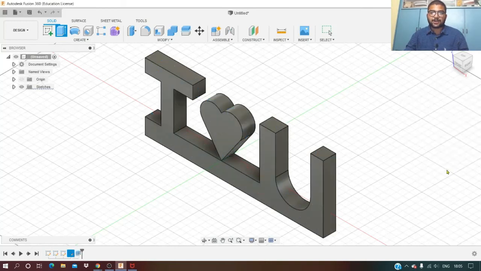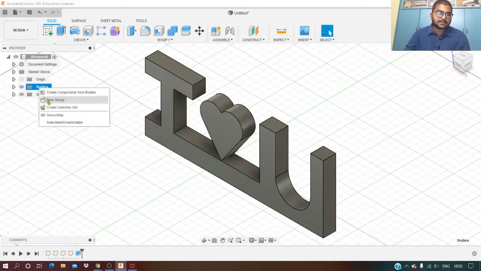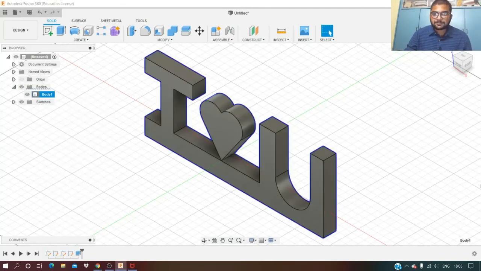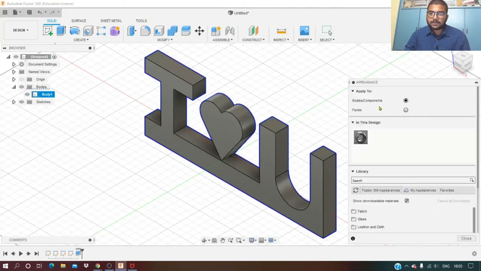But this is steel, this is the color of steel. So what I can do is change or adjust the appearance. Bodies or components, for example.